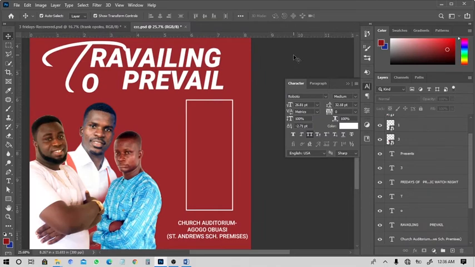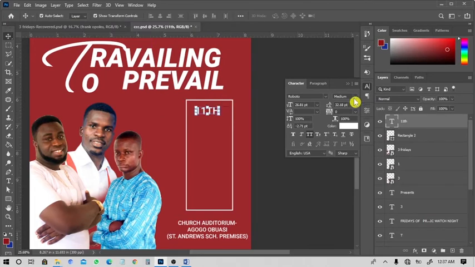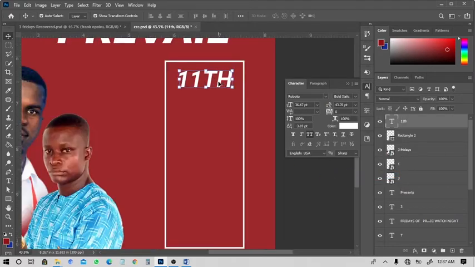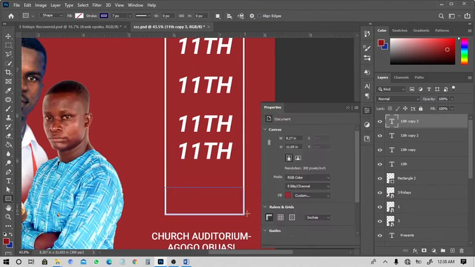So from here I'm going to add the date. You will be done in no time. So click on the text tool, then I'll add the date. The date is 11, but I can change from medium to bold italic. So bold italic will work fine. Alright, and also make a copy. So hold Alt where the white arrow joins the black arrow and make a copy, and use Shift to keep your line in proportion. Then afterwards make another copy, last one.